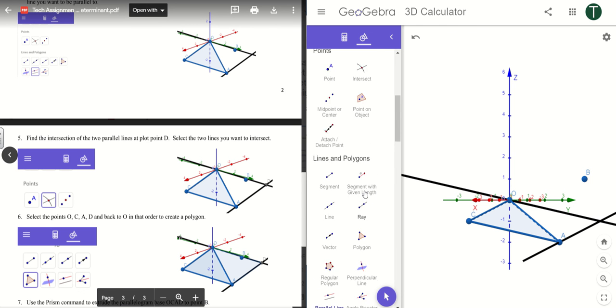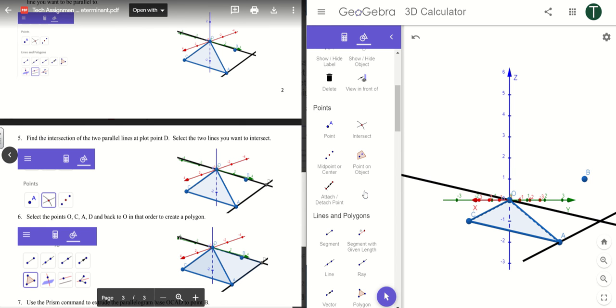It's usually under lines. Where are you? No, it's angle, bisect, intersect. Okay, so points. All right. So for this one, it's pretty easy. You just select the two lines that you want to find the intersection of. So, and it'll do it for you. All right. So we have